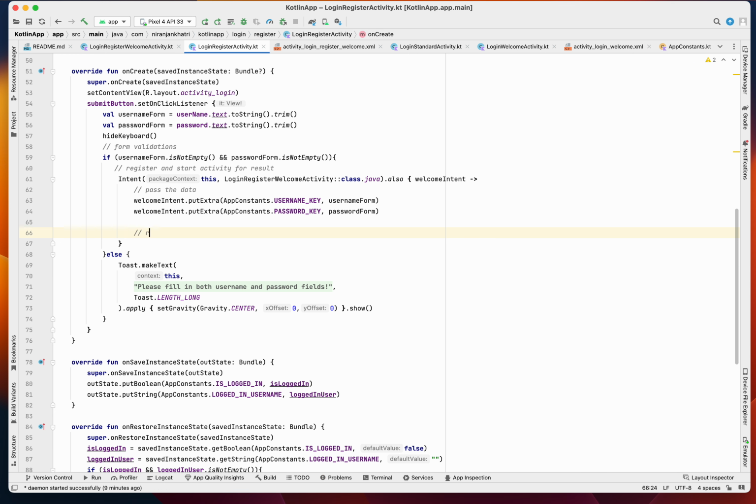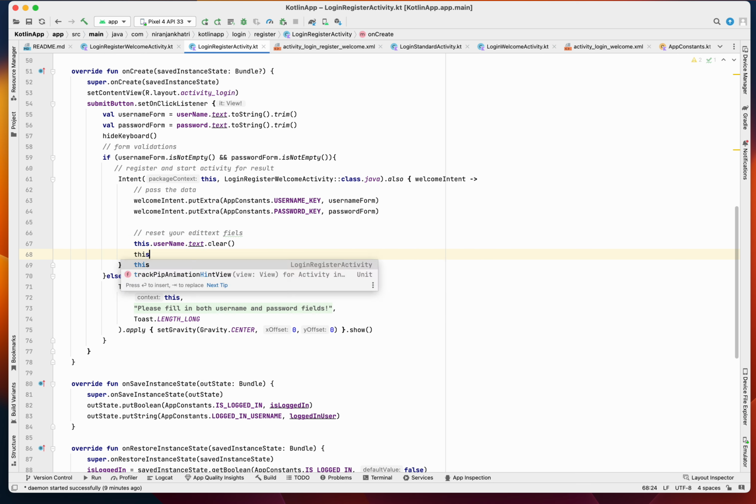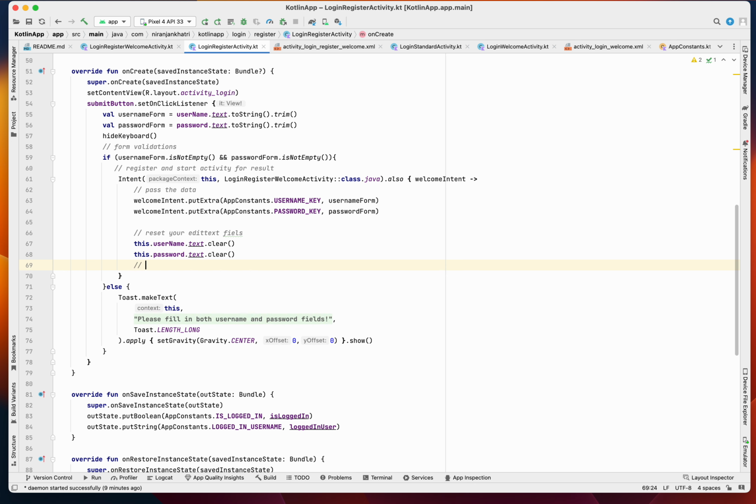So reset your edit text fields. So the username dot text clear, and this dot password dot text, you have to clear them, and then